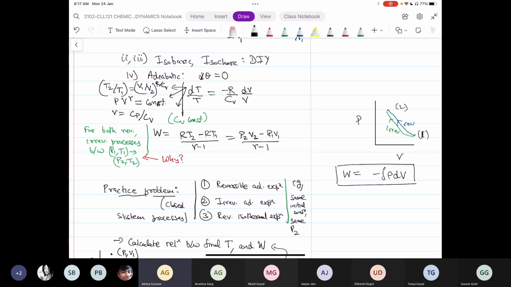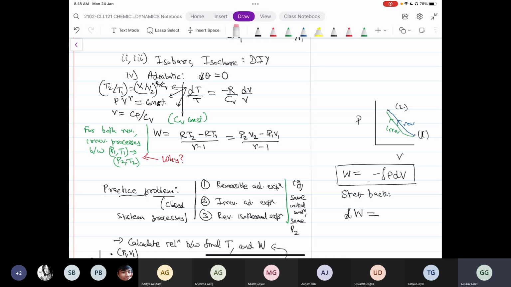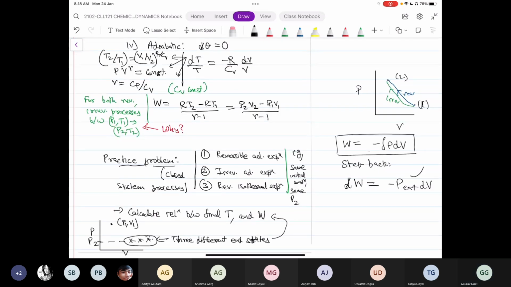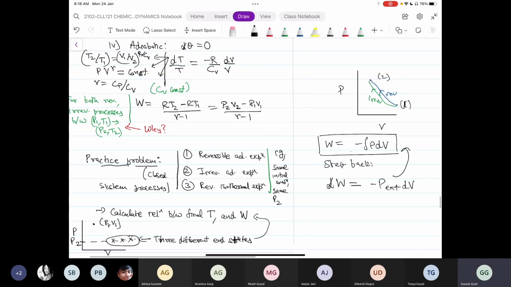Okay, am I dropping the VdP term? No, no, no. You're not dropping anything. But if you take a step back, integral will not come. We defined the mechanical work as P external times dV. Okay, and now again think when the boxed expression would be correct for the special case of a